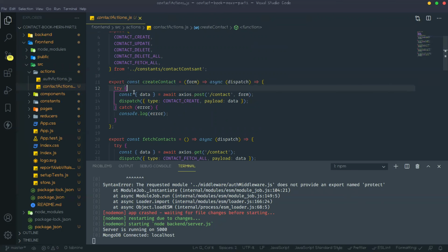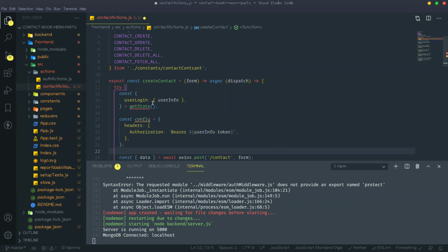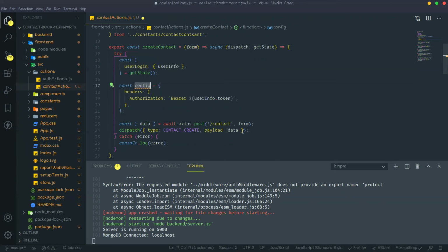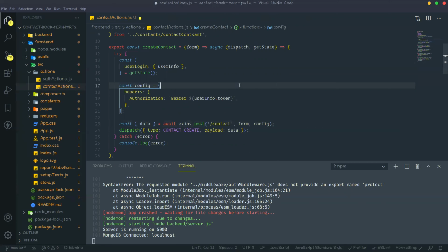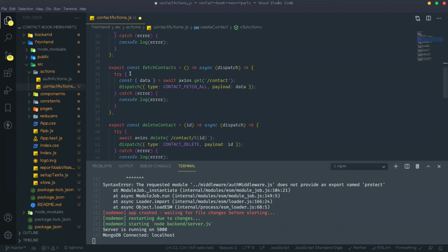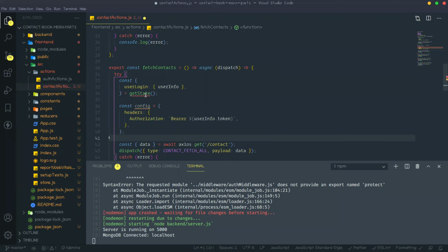I'm giving only one example. Like for add contact, you need getState, and that config you need to send at last. Like that way you need to copy paste for this one also.